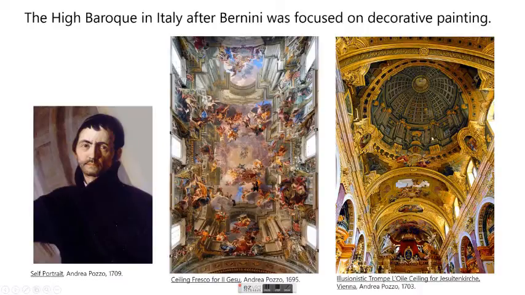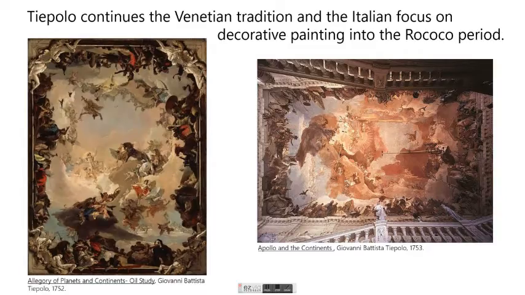And I just want to point out that this dome right here is actually a painting. It is a trompe l'oeil painting meant to look like a dome if you look at it at just the right angle. And he wrote a number of treatises on that topic of how to create these kinds of trompe l'oeil perspective effects in a space. And that was going to be pretty influential on a later Baroque artist, Tiepolo.